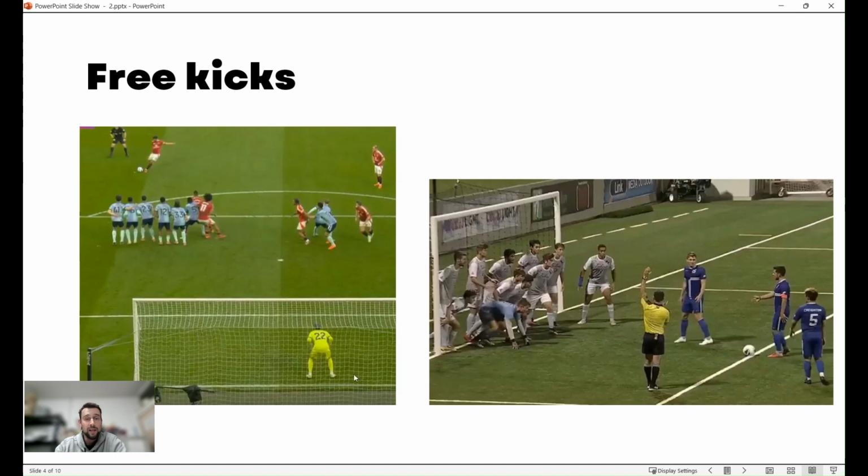So during a free kick, a couple of tips. We want to make sure that our defensive line is as high as possible, so that we can increase the chances of the goalkeeper catching and intercepting a lofted ball or a chip behind the line. The goalkeeper should always be able to see the ball directly, because if there are too many players in a wall, it is very difficult for the goalkeeper to see what's going to happen,